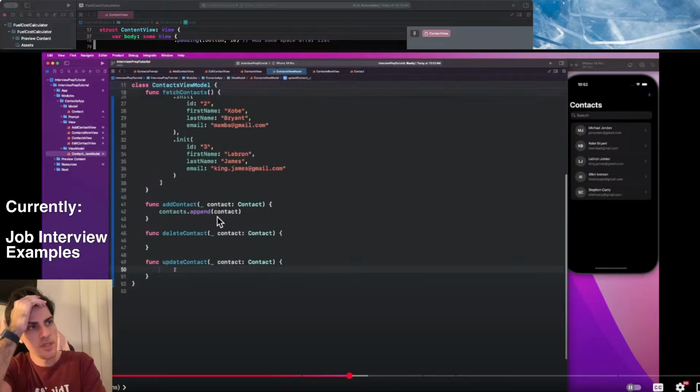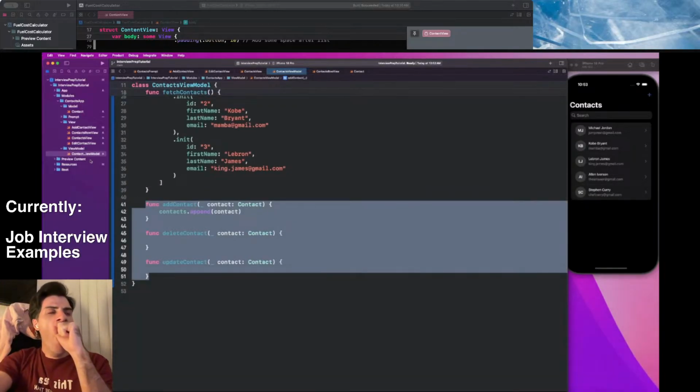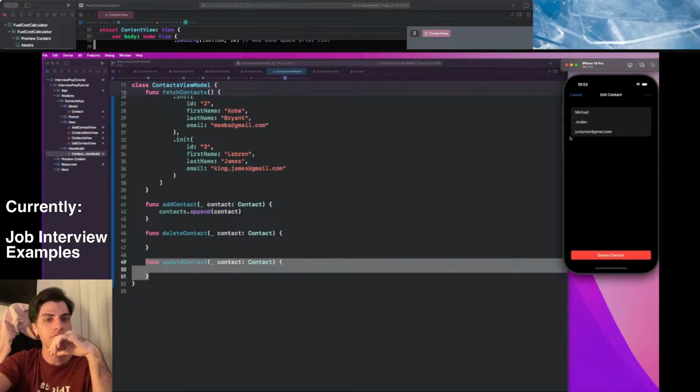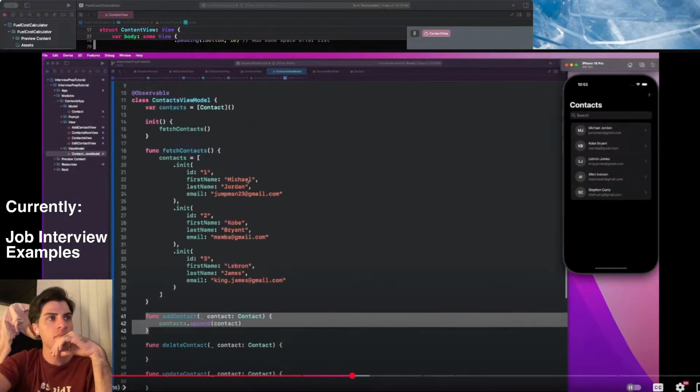But once again, now all of our CRUD operations are encapsulated within this view model instead of being scattered across components. We don't want the update function, or the logic for that, to exist within the edit screen, and the add function to exist within the add contact screen. They're all in one place and they all modify